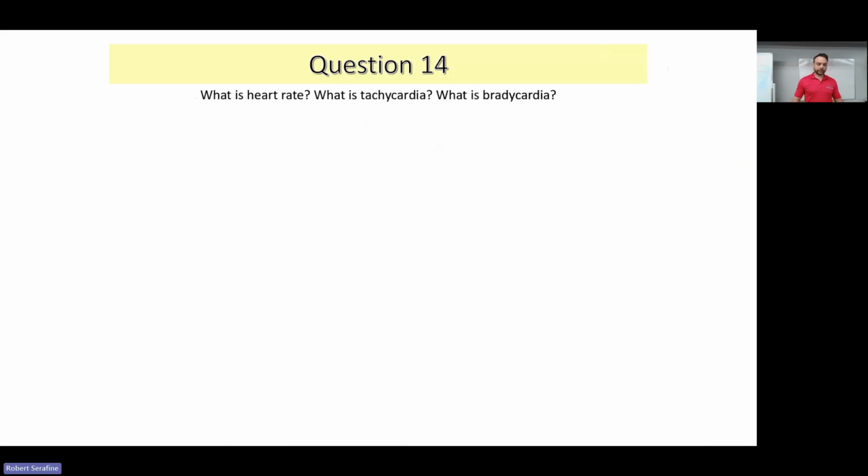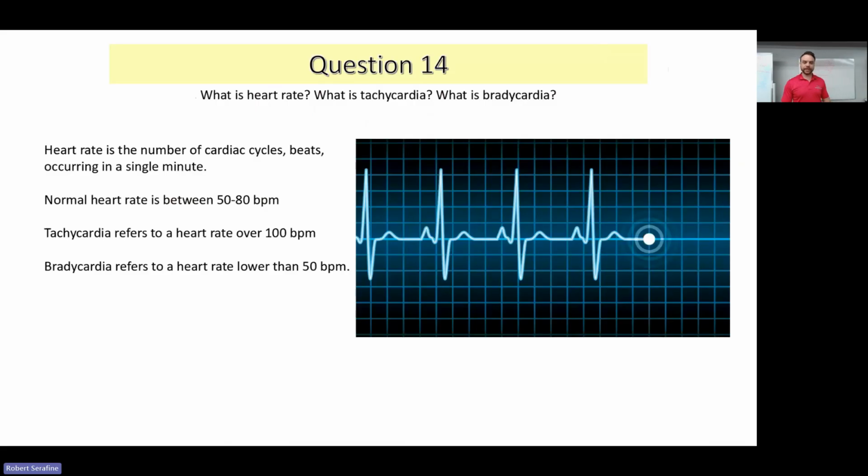So as we're guessing, right, our heart is attempting to pump blood through the system. And so we have a rate at which it does this. So heart rate, as we all are aware of, is the beats per minute that the heart is producing to pump blood. Now, normal resting heart rate is somewhere between 60 to 80 beats per minute. And then we have these 2 pathological conditions called tachycardia and bradycardia, which indicate that the heart is pumping